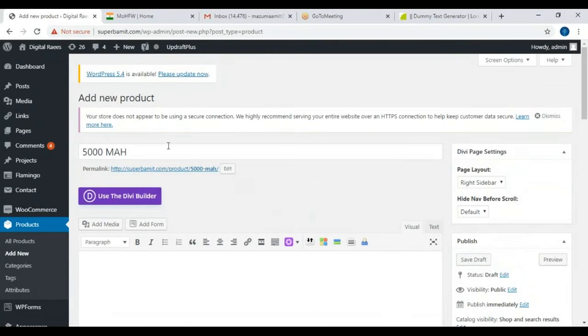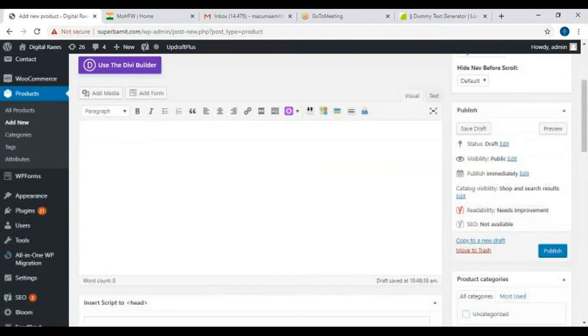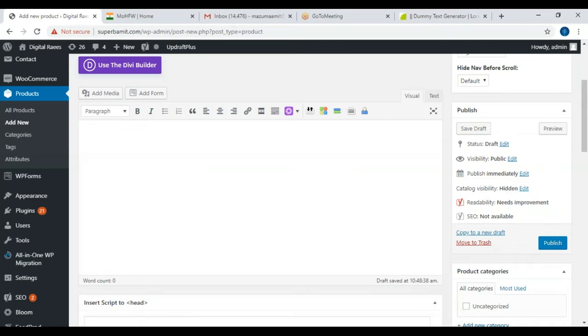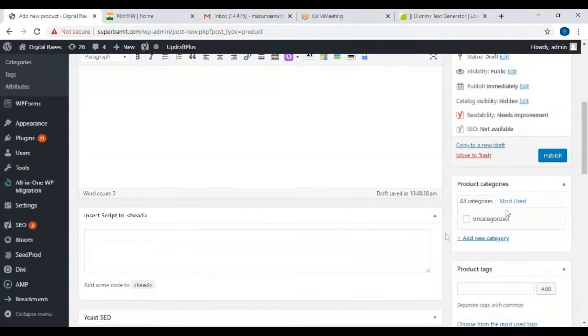And one important thing, when you are creating a simple product, your catalog visibility has to be hidden. You can see here catalog visibility. I click on edit, I click on hidden, and I click on OK, and then I publish.